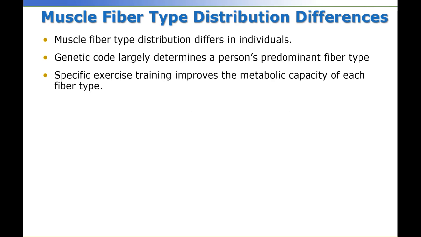Muscle fiber type distribution differences: an individual's genetic code is a primary determinant of a person's predominant fiber type. You can train this. I was told in the motor development book that about 2 to 9% of these can be trained right after birth. Specific exercises train and improve the metabolic capacity for each fiber type. However, once a fiber type is, say, fast twitch,